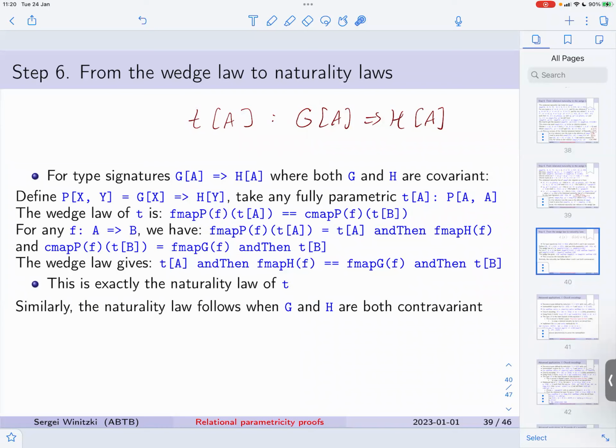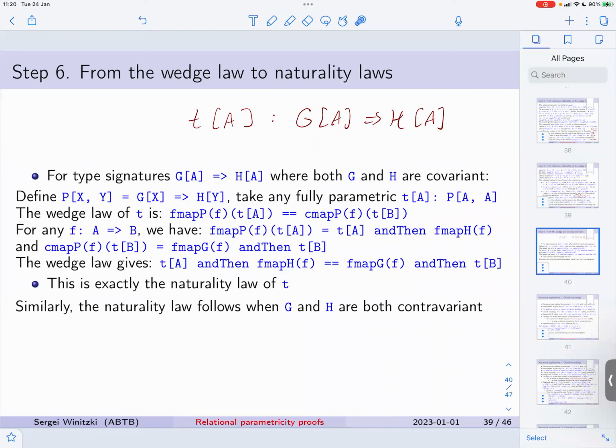That's pretty straightforward. The naturality law for type signatures where both of these type constructors are covariant. And similarly, the derivation goes for contravariant, both contravariant. So this